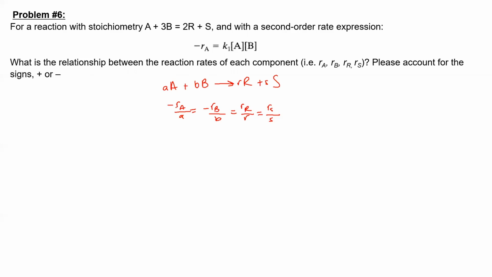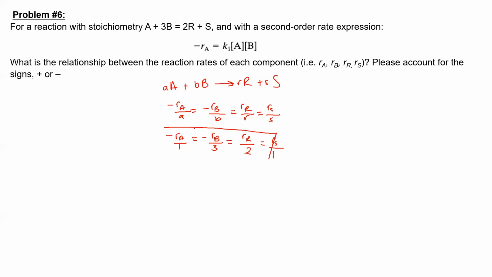And you see that, here you have basically the same letters. So I'm going to get minus RA over 1 is equal to minus RB over 3 is equal to R over 2 is equal to RS over 1. Right, so this is the relationship between